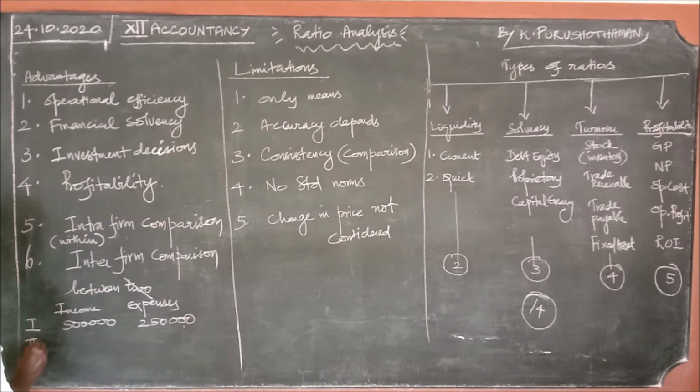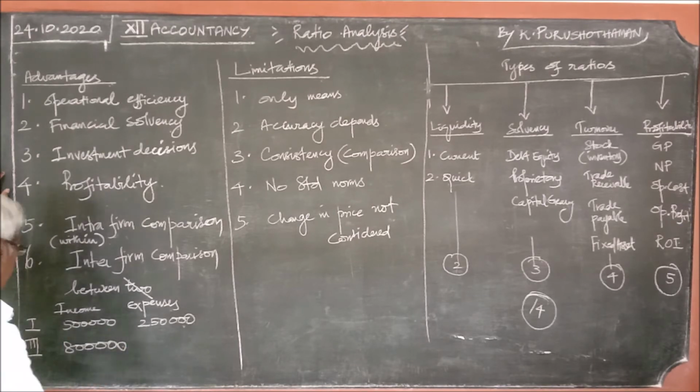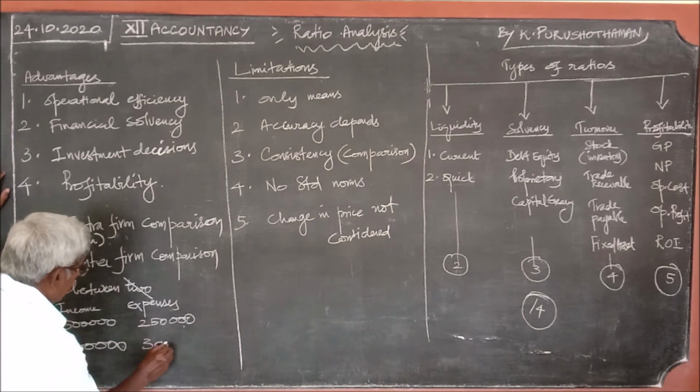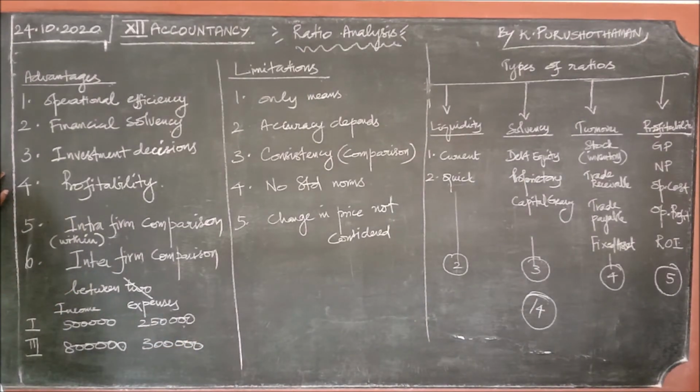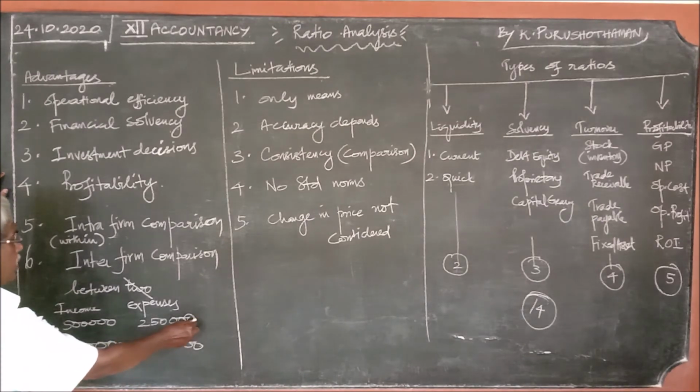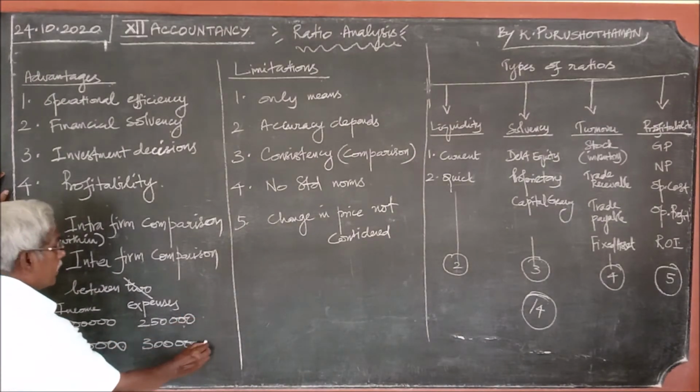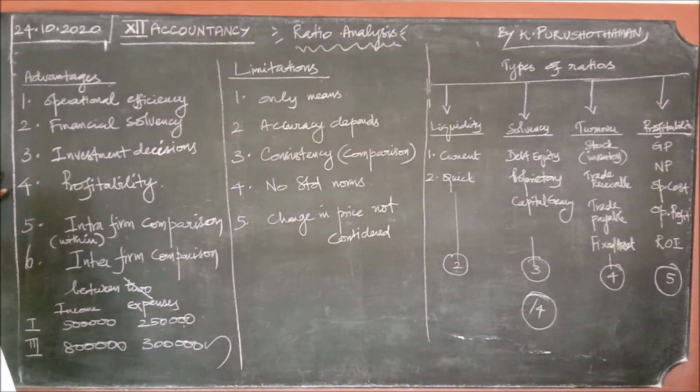The second company, income 8 lakhs, but expenses 3 lakhs. Which is the better performing company? The expenses are only 2,50,000 in the first, and 3 lakhs in the second. You may say the first is better, but this is wrong. The second is the better performing company. Because